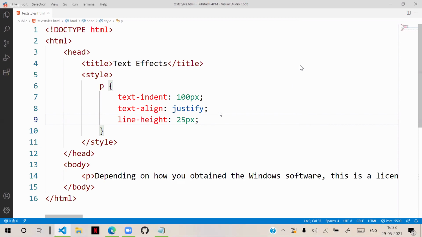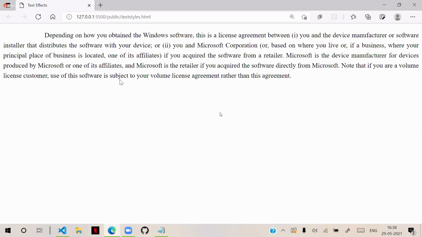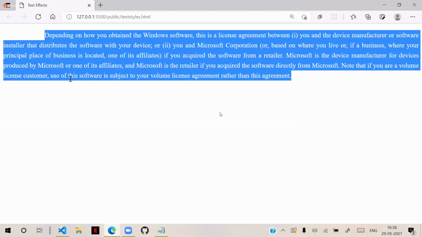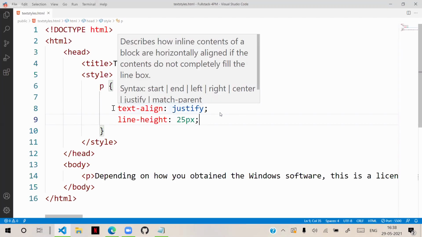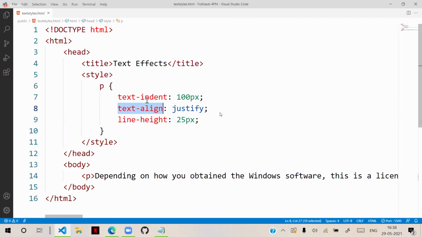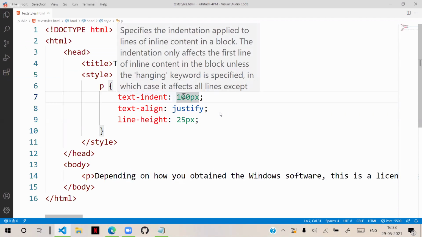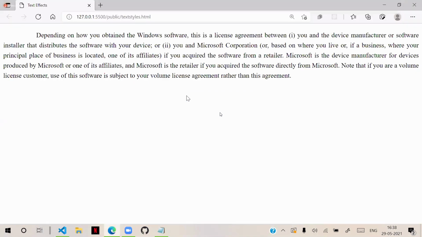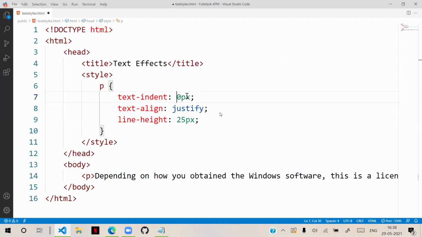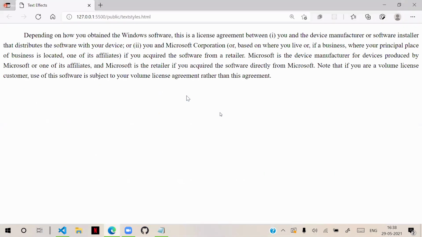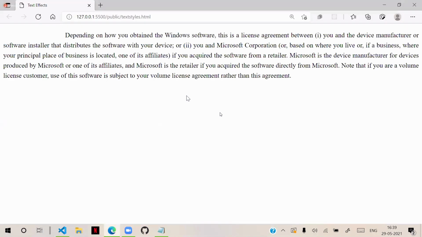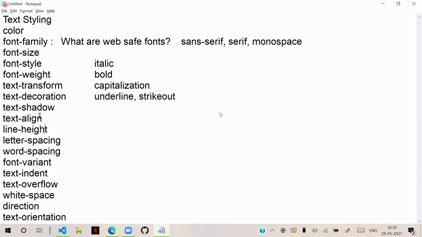Line height will increase, and with justify alignment, the first line will have some space. That is actually first line indent. We can keep it with text indent. How many pixels you want? Suppose 80 pixels. Text indent will be 80 pixels. 70, 50, you can adjust text indent. You can keep first line indent with some space, so you can define it with first line indent. That is actually text indent.